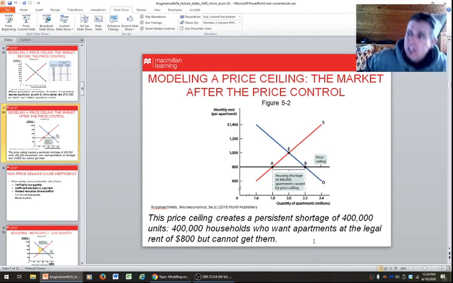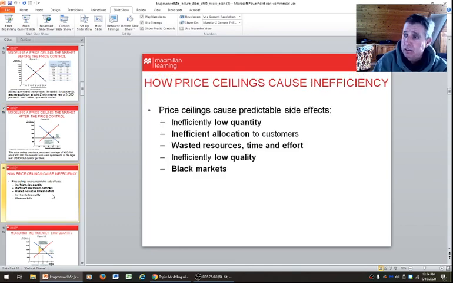Why? Well, think of it logically. If I'm only going to get 800 for rent and $1,000 is a 10% profit, I'm not going to do it. If I'm a landlord, screw it. I'm out. I'm going somewhere else. I'm not going to build a building. I'm not going to maintain the ones I have. So you create all kinds of unintended consequences because these things come about through good intentions. It's just that people don't think them through, and they don't